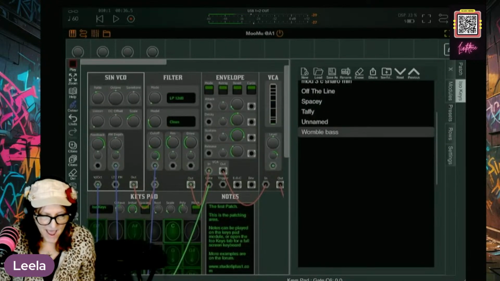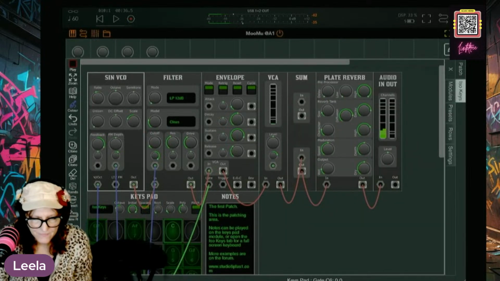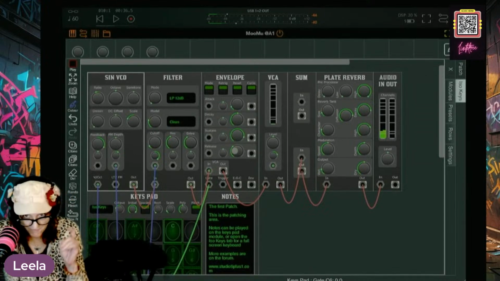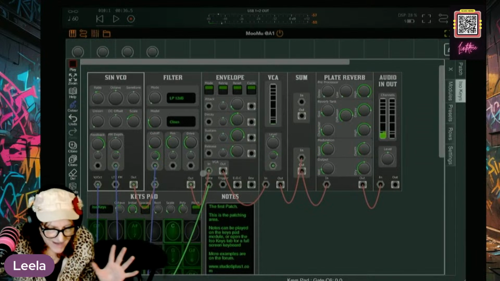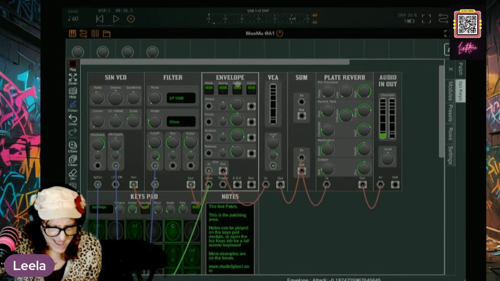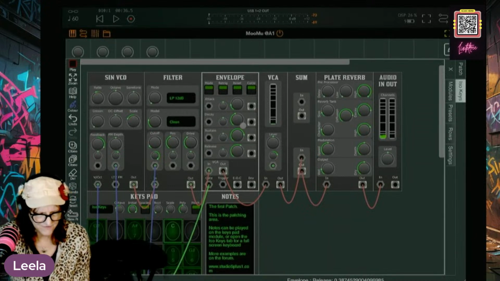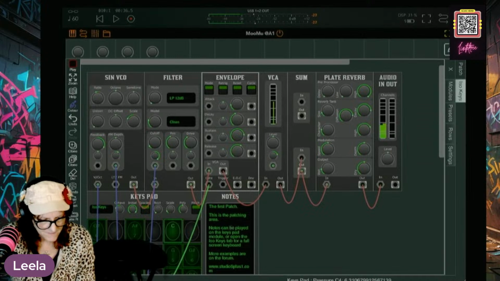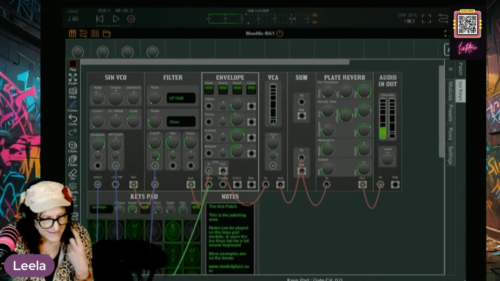Now let's go back to our patch and see if we can mess around with it some more and get some cool sound, right? As you can see, I may have made mistakes to get it to sound, but if you follow these, you will make sound. It will work. You could bring the attack up, the decay down, the sustain down, the release up, and then you'll have this whole different sound. See how it's more pad-like?